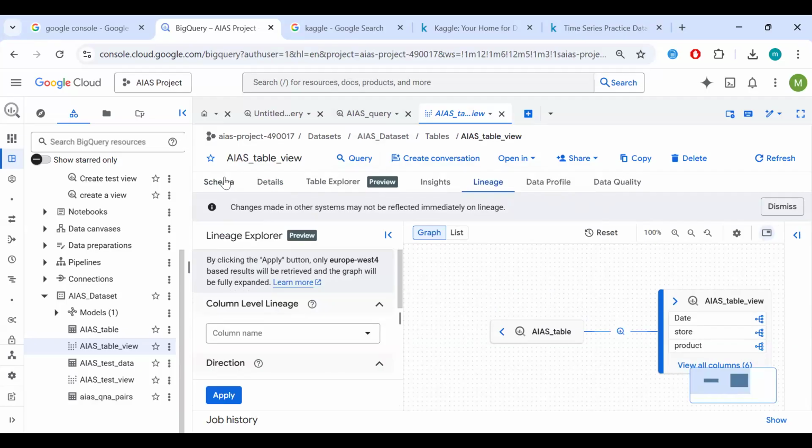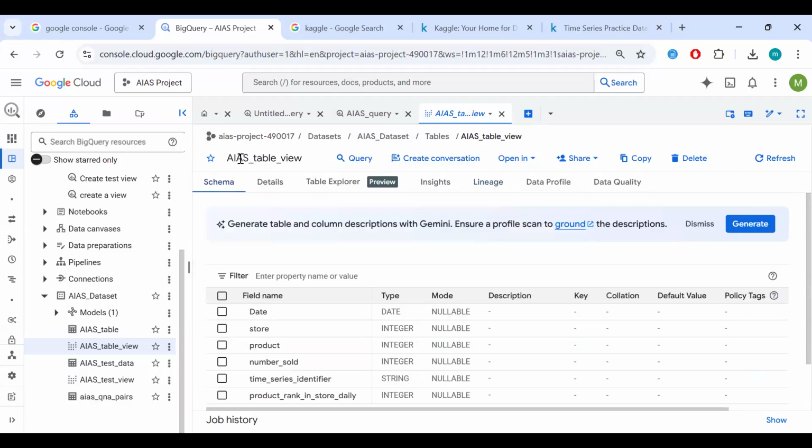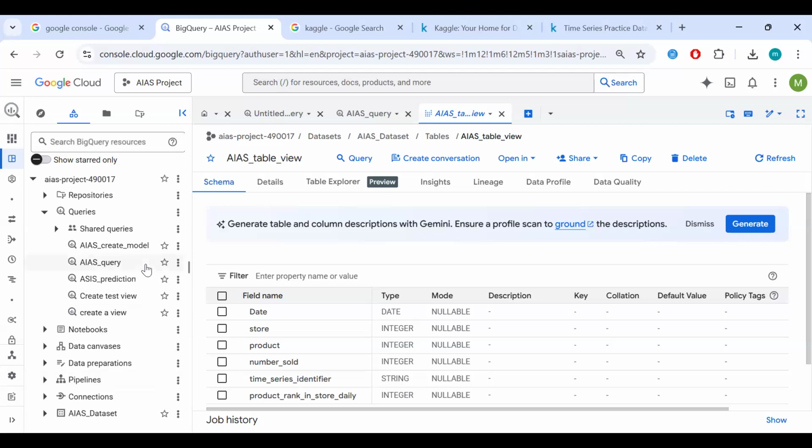All right. So now that we have a different table view of our data set, and we have feature engineered, it's time to select our model and create our model. All right. So we'll move on. And like I said, we'll be using SQL code to do this. And to create our model, we'll do this SQL.